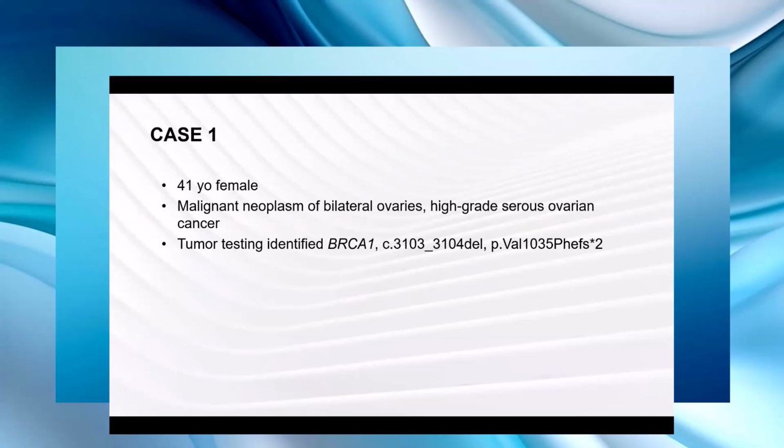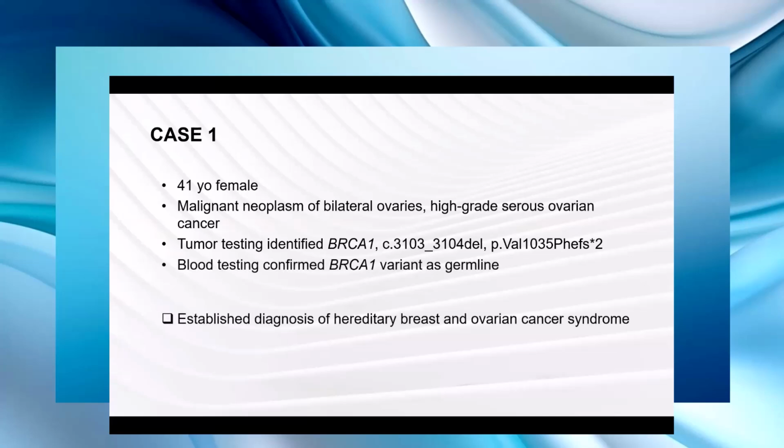So case one involves a 41-year-old female patient who was diagnosed with bilateral ovarian cancer at the age of 41. She also had tumor testing that identified a BRCA pathogenic variant. As per the ASCO guideline Carrie just presented, germline testing should follow the tumor testing in this individual. In this case, we did the germline testing using a blood specimen and confirmed that the BRCA pathogenic variant is actually truly a germline variant, and this helps establish the diagnosis of hereditary breast and ovarian cancer syndrome in this